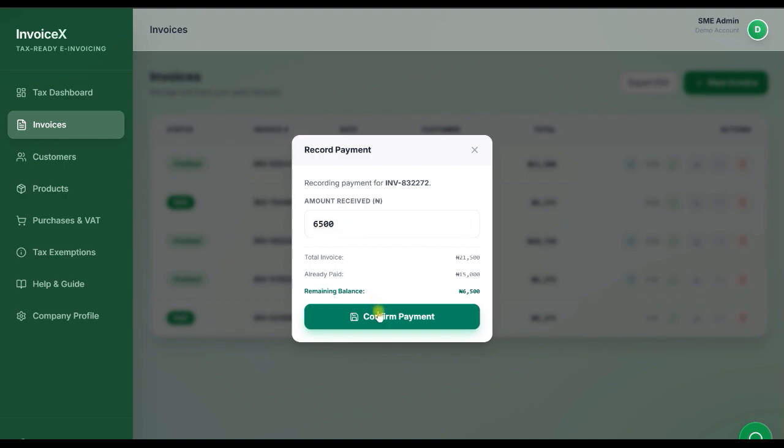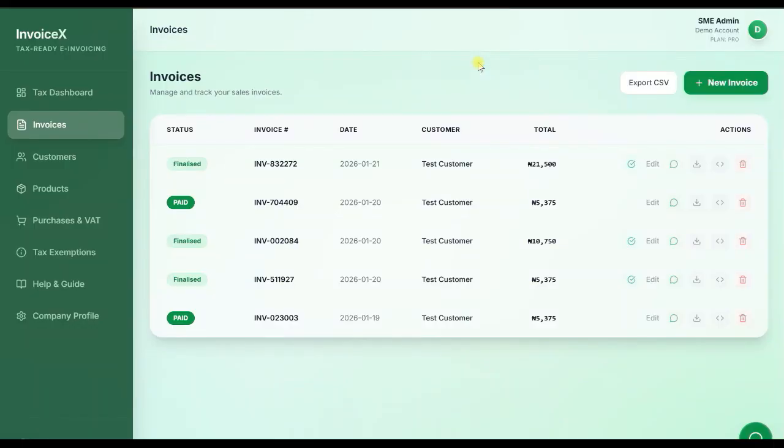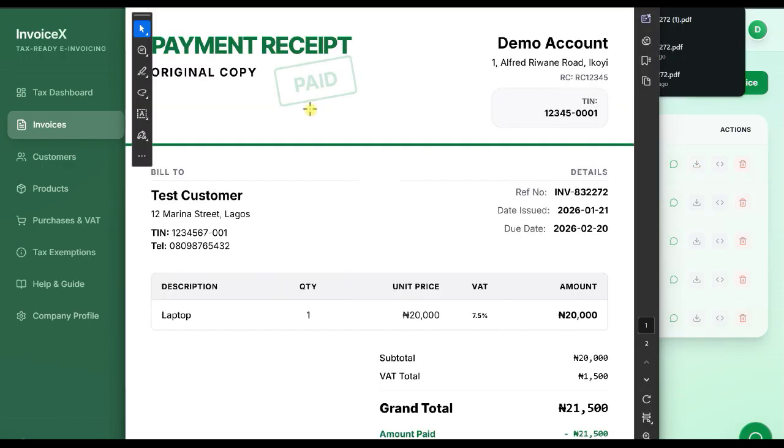But if it's the balance payment, just click on confirm payment, and the system will tell you the invoice has now been converted to a paid invoice receipt. As you can see, it's now converted to paid. So we'll download it again, and let us see the same invoice will now be showing up as a